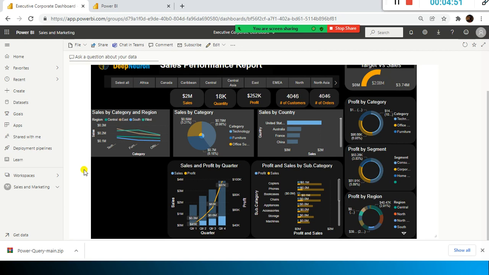So now the question is, what is the difference between dashboard and report? Say I created a report and I just pinned the entire report itself as a dashboard, right? So what is the difference between dashboard and report? A dashboard is nothing but a visual display of the most important information needed to achieve one or more objectives. It is consolidated and arranged on a single screen, so that the information can be monitored at a glance. Just by looking at this, you should be able to gain a quick insight.